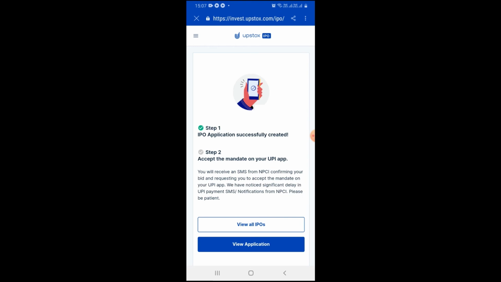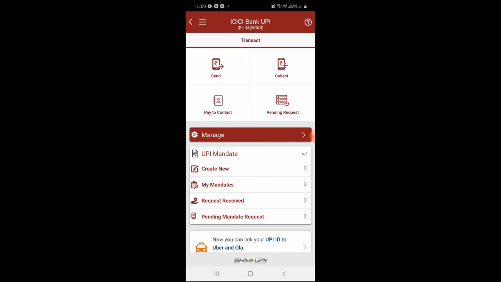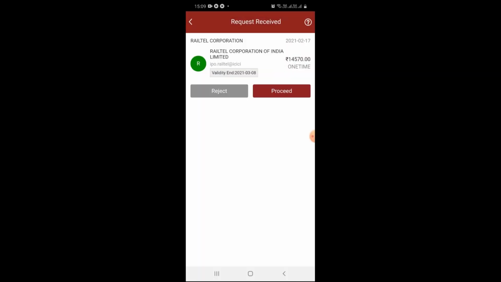We can see here step 1 is completed, which covers whatever steps we need to do from the Upstox app. The remaining step we have to do from the UPI app. Whatever UPI app you are using, BHIM app or Google Pay or your bank UPI app, open that and complete it. I have opened my bank app and opened the request received from the UPI.